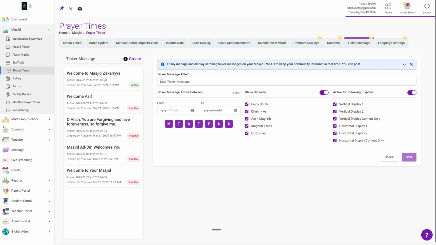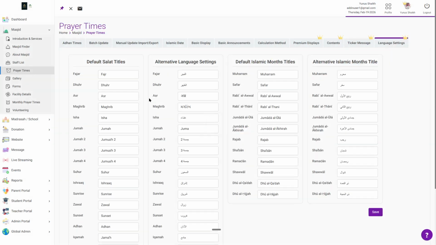Click on create, give it a title, and that's the message that will be scrolled. And between which date, on which day, between which Salah, and on which display you would like to have that scrolling message available. Under the language settings, you can configure the language settings for the Salah titles, alternative language for